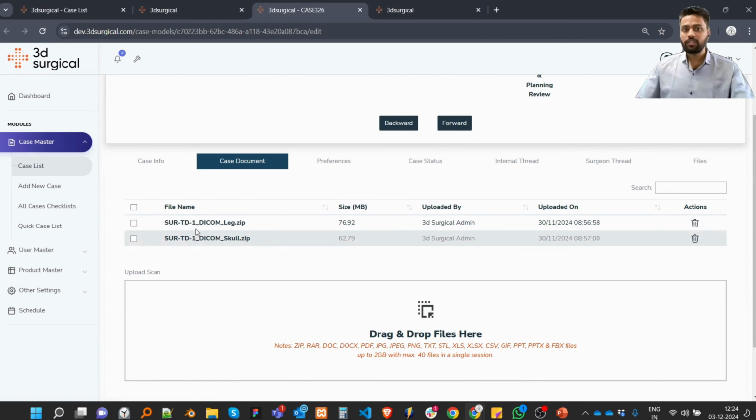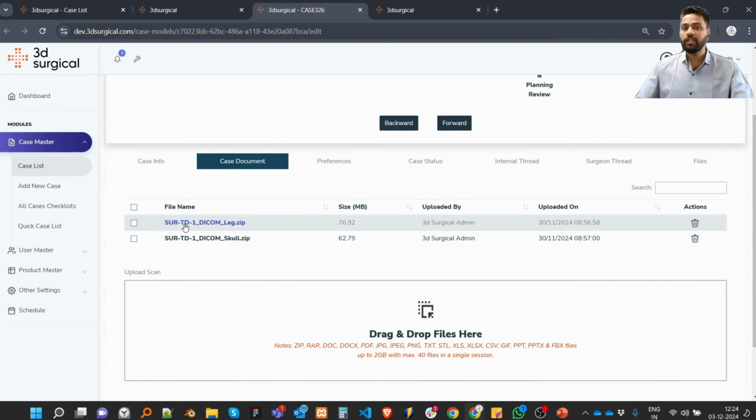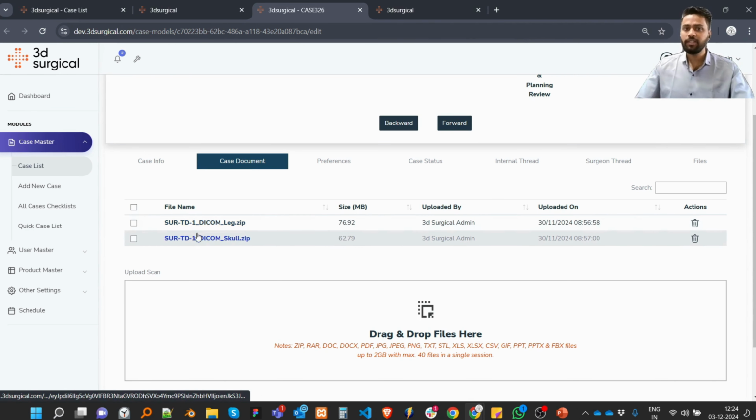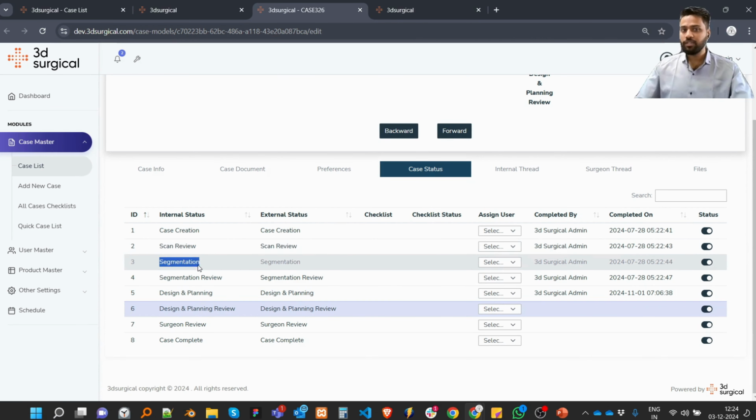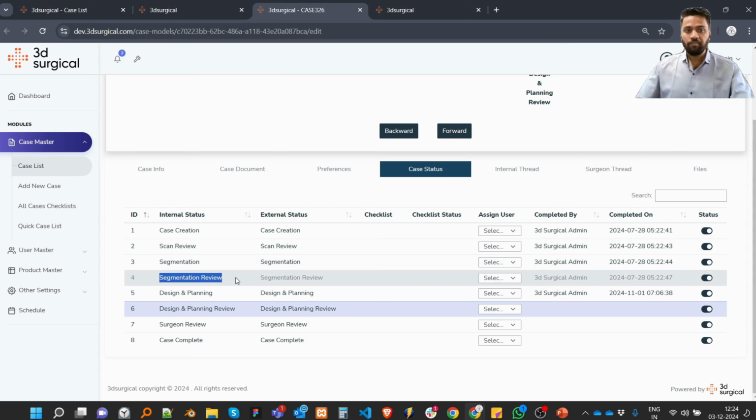Then second thing, we'll go to the case document with that uploaded data. We will click here on the file name, and this data will be downloaded. And then first of all, the scan review will happen, then segmentation will be done, and segmentation review can be done. And once the 3D objects are ready for the planning, then again our designers will come on the